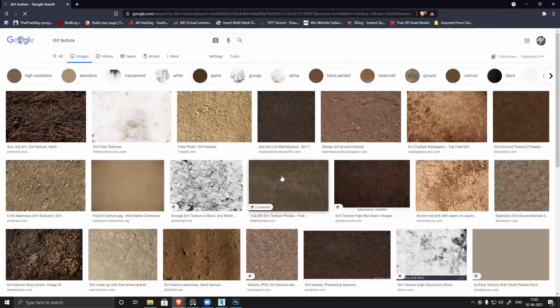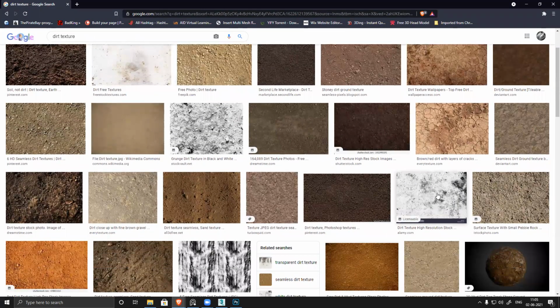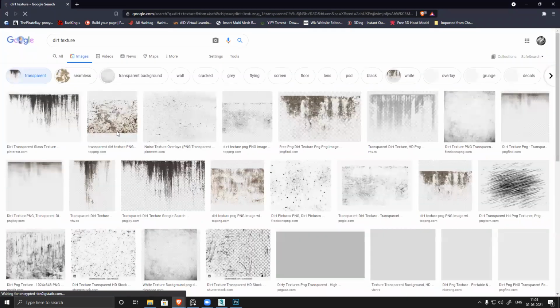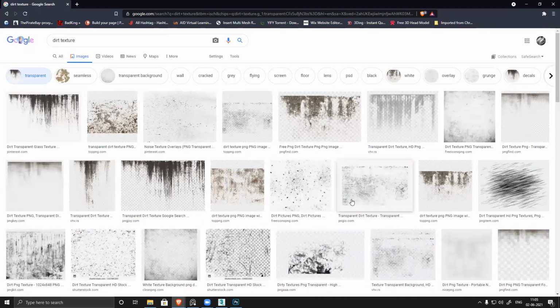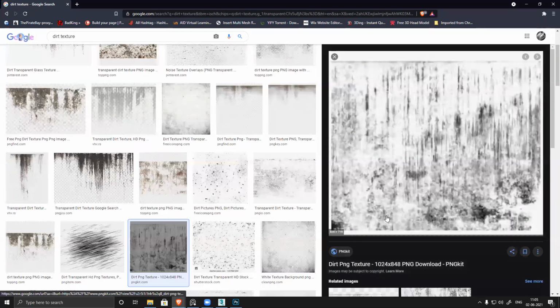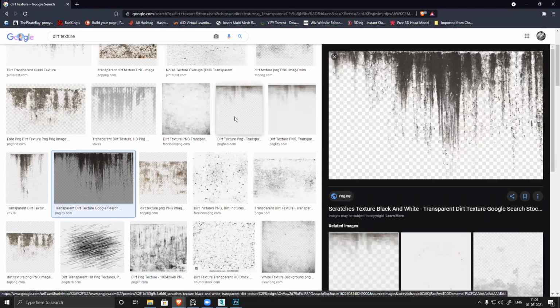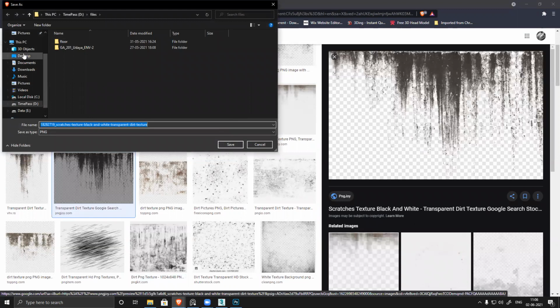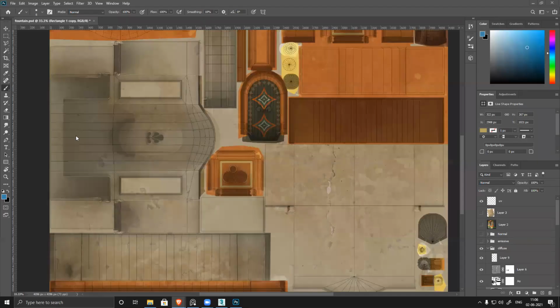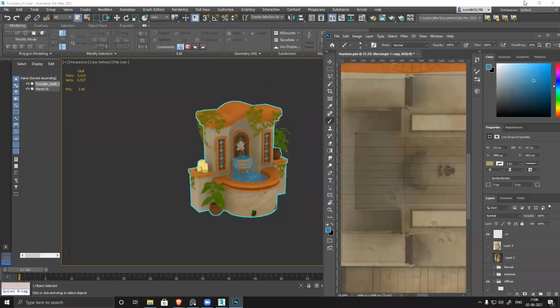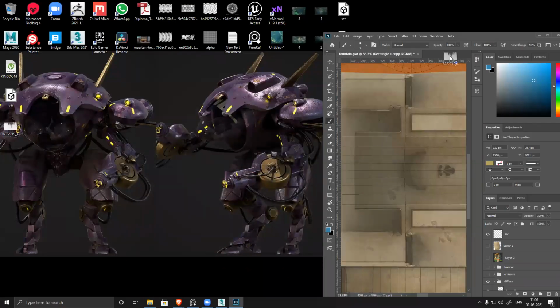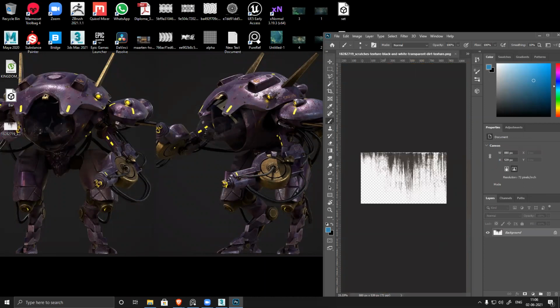You can use a dirt texture from Google also. You can see all these dirty effects or this kind of dripping effect. I can choose and check. Save image. It's a PNG.